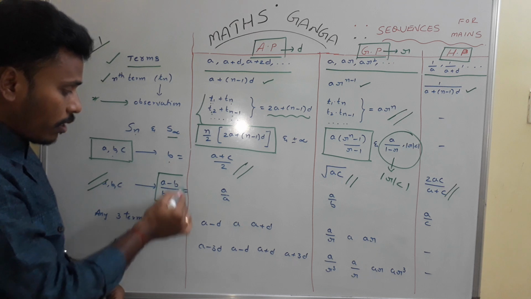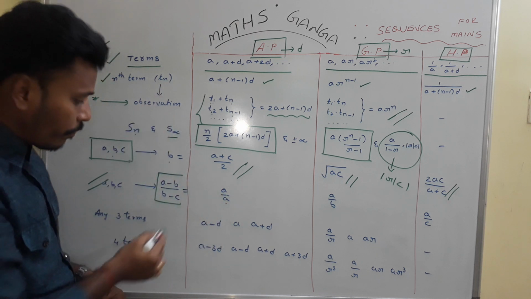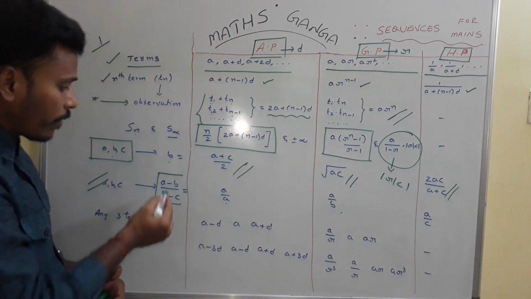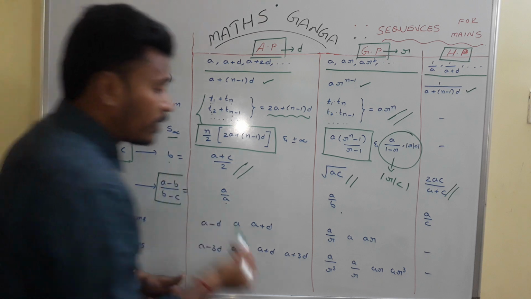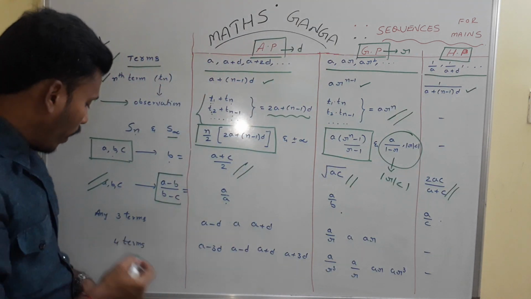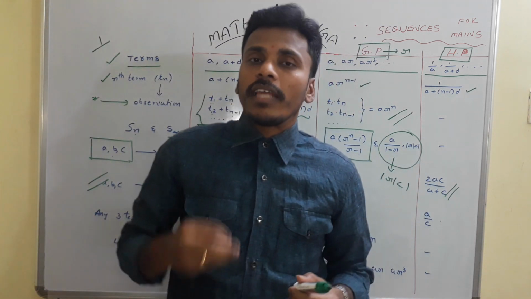Have a look here. (a minus b) by (b minus c) is a by a for AP, and (a minus b) by (b minus c) is a by b for GP, and (a minus b) by (b minus c) is a by c for HP, harmonic progression. And when coming to solving problems, in certain problems we need to consider any three terms of